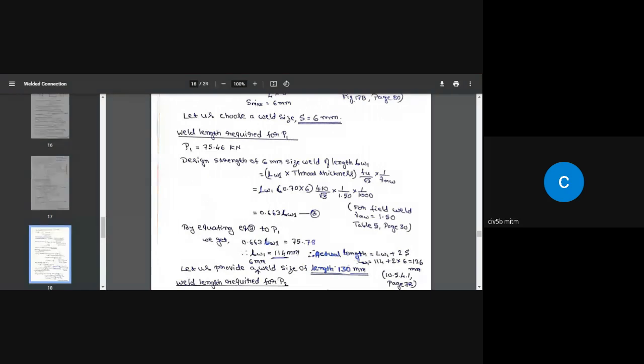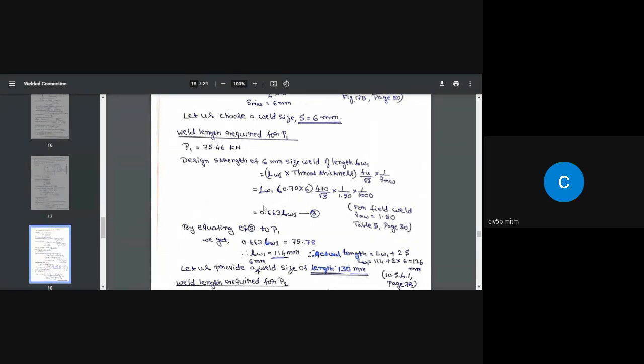So in the problem, it is clearly given that the fabrication is done at the site. That means field fabrication. Therefore, gamma MW equal to 1.50. That's why I have taken 1.50 here. Once you do that, after simplification, I got this value 0.663 LW1, which is the design strength of